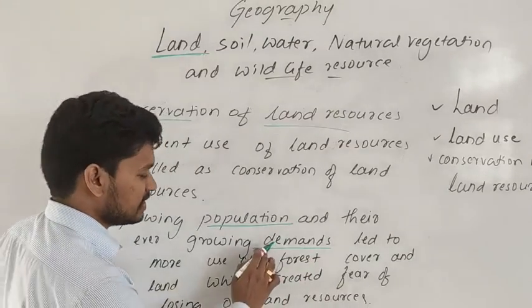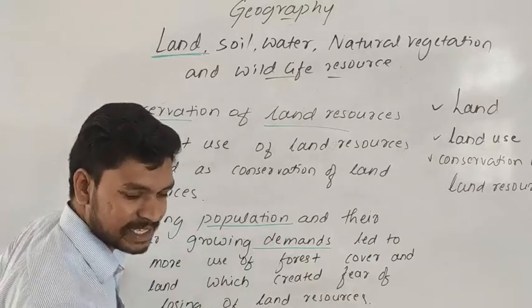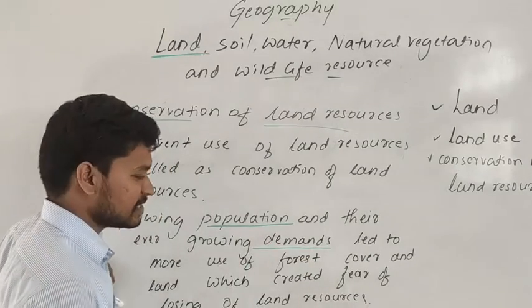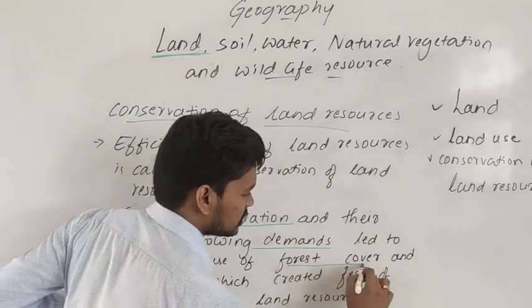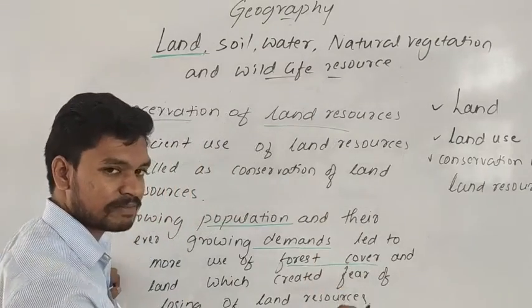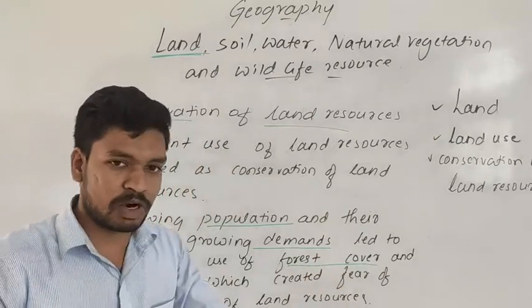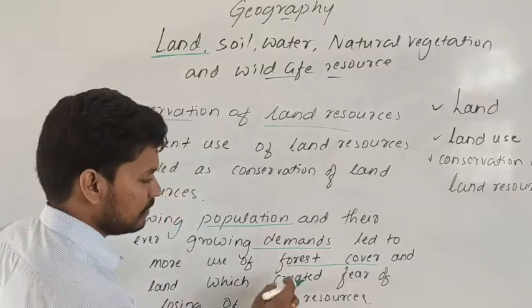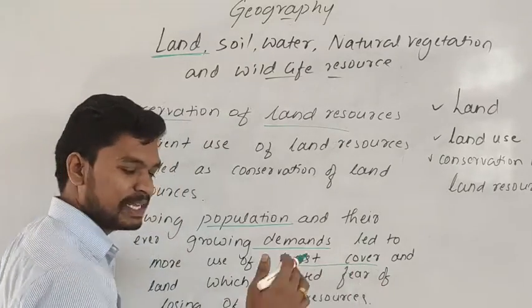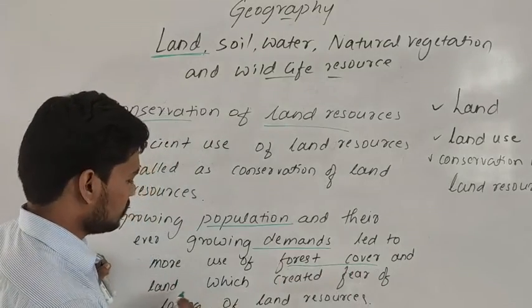When the demand increases, to satisfy their need, to satisfy their greediness, they are making use of forest cover. This land was covered by forest. We are making use of this forest cover for many other activities, and